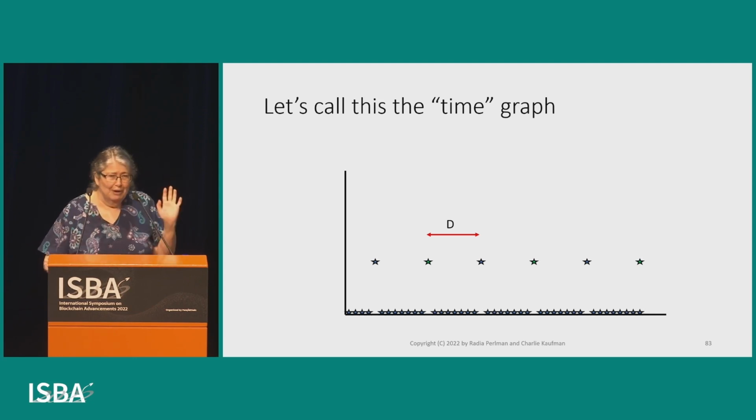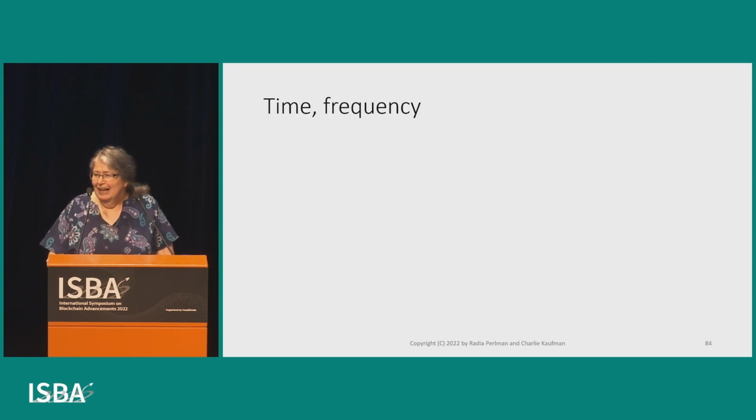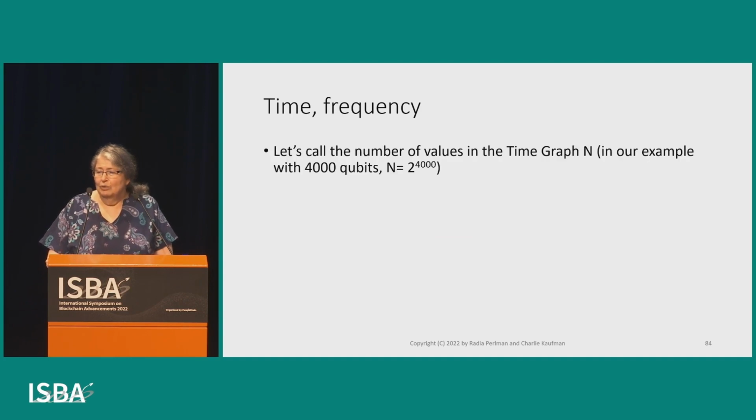Those who don't remember what Fourier transforms are, forget that I'm using the term. So I'm calling this the time graph, just arbitrarily. And we're going to convert it to a frequency graph. So the number of values in the time graph is 2 to the 4,000,